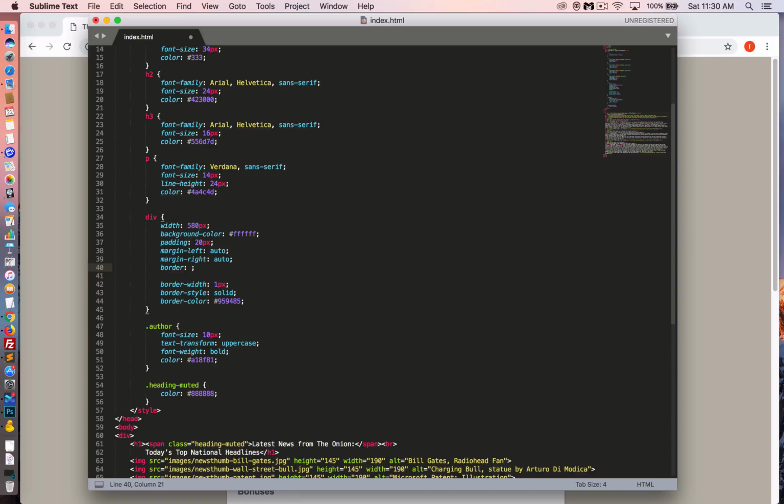So you're just going to put 1px, give it a space. Then for the style you can write solid, give it a space, and then you'll put your color after that. This is the same outcome, it's just going to be a different way of coding it that makes your code cleaner. So the hex color is